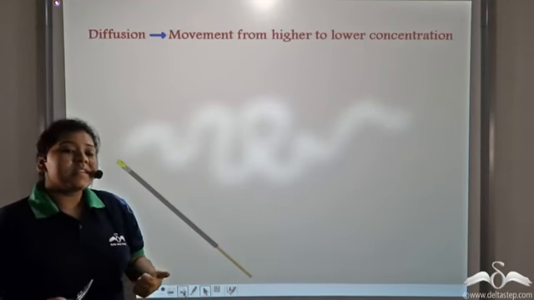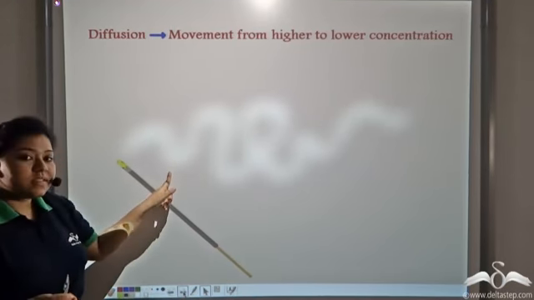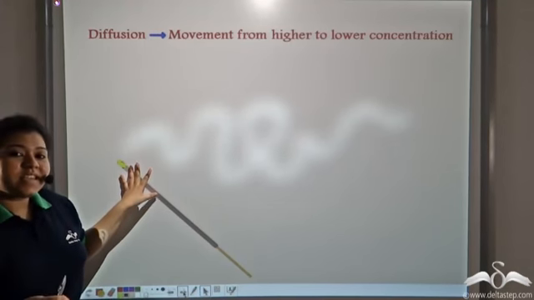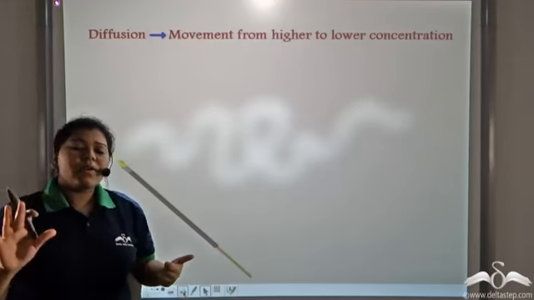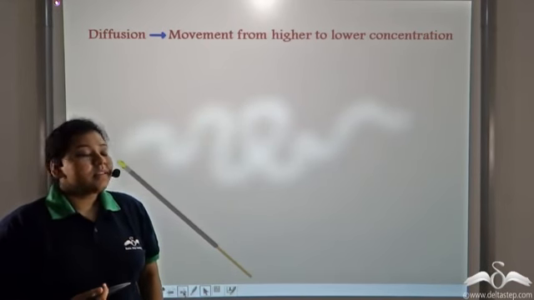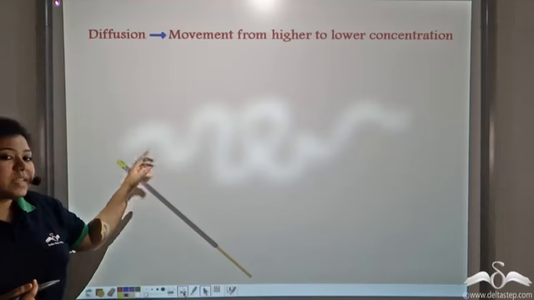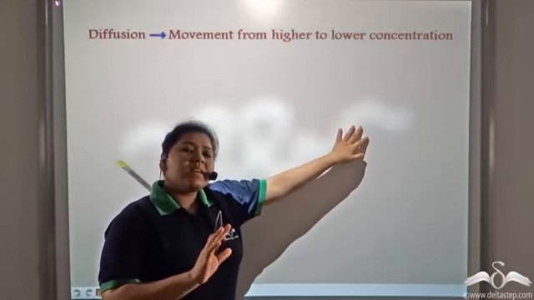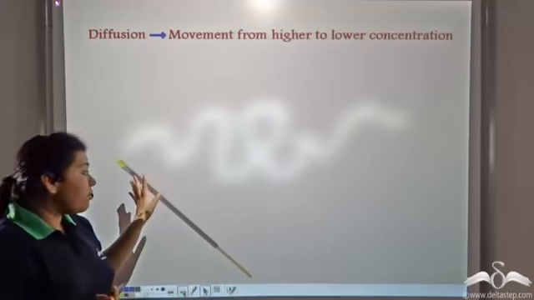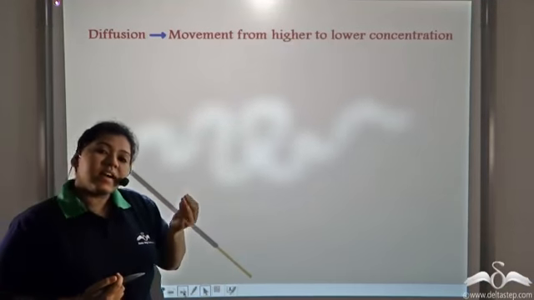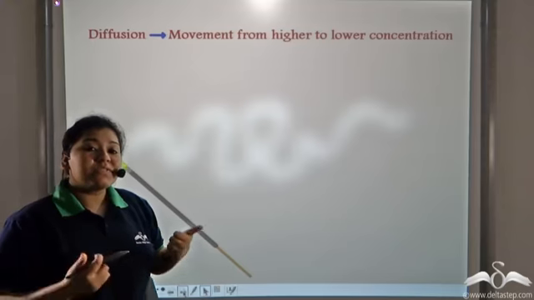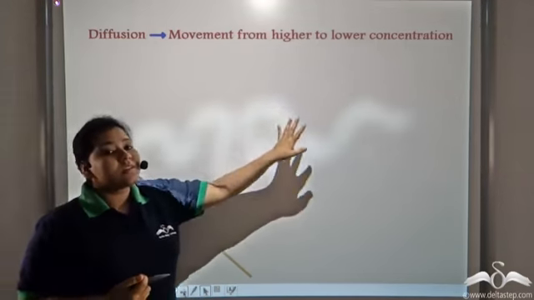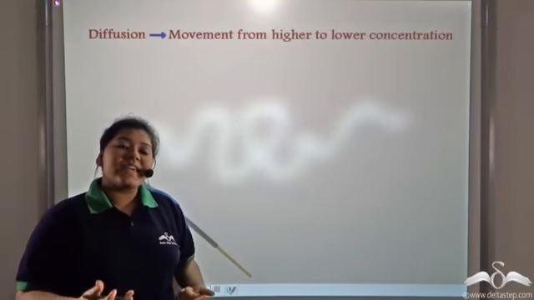See, the molecules that are present in the fumes are at a higher concentration towards the incense stick with respect to other corners of the room. So the concentration of fume is high over here, but the concentration of the fume in some other corner of the room away from the incense stick is at a lower concentration. So diffusion takes place from higher concentration to lower concentration, and that is how we get the smell.